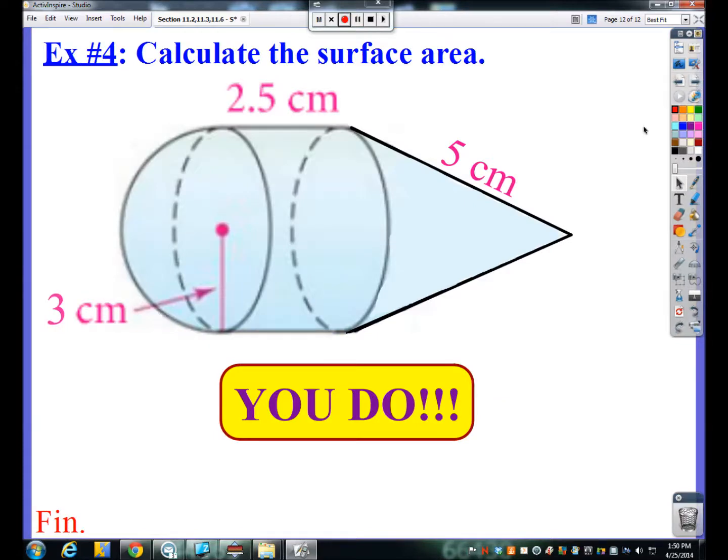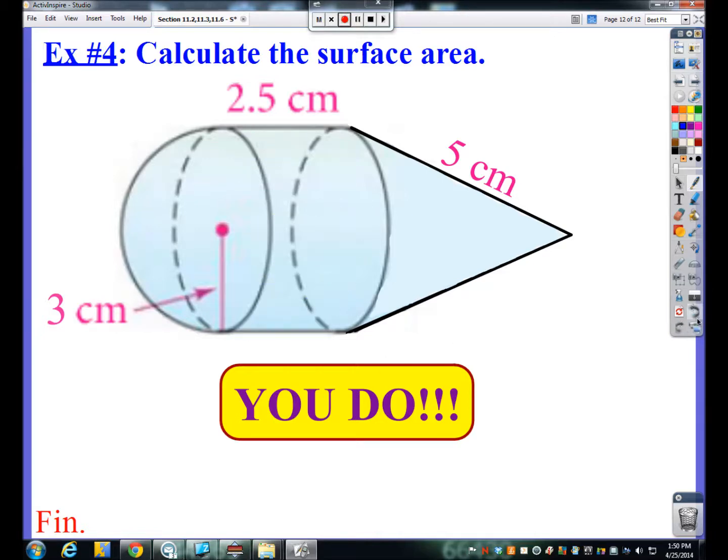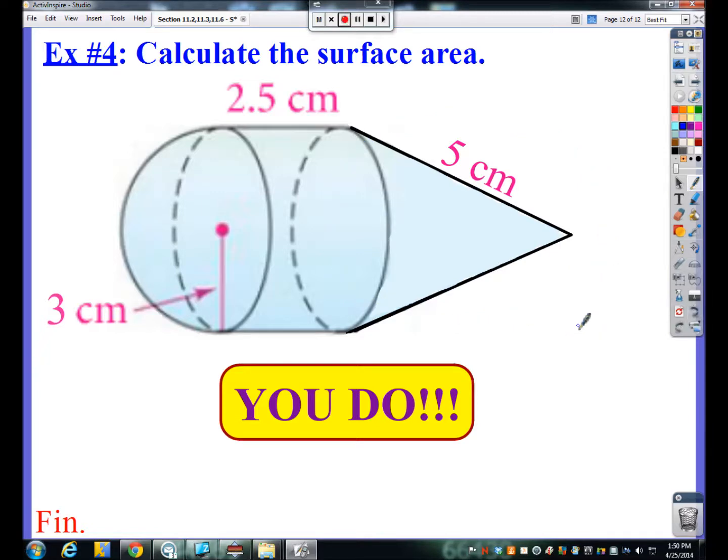So the last problem I'm going to have you tackle, because this one covers all 3 shapes that we discussed. We have a partial sphere, a hemisphere, if you will, on one end of this shape. We have a cylinder in the middle, and we have a cone on the end. Now, here's what I want you to keep in mind, again, in terms of surface area: only the surfaces